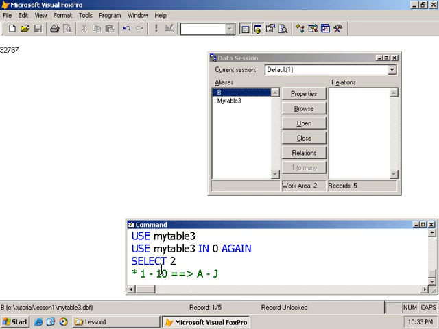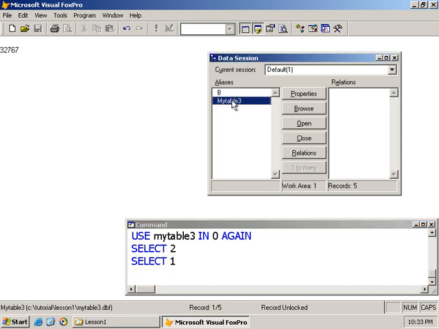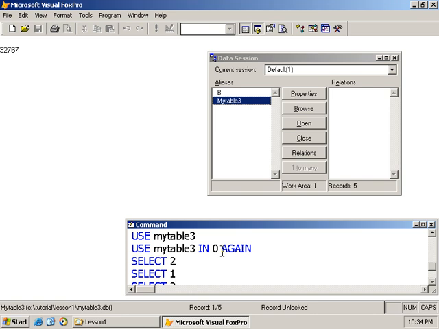And not to get you confused, that would only happen in the case where I show you here, where we have a conflict in alias name. So when I attempted to open my table 3 again, Visual FoxPro attempted to give it the same alias, but given that that alias, my table 3, was already in use, it had no choice but to use